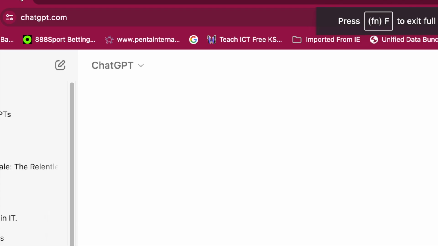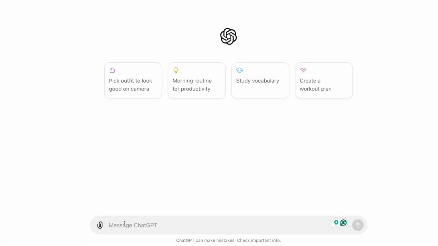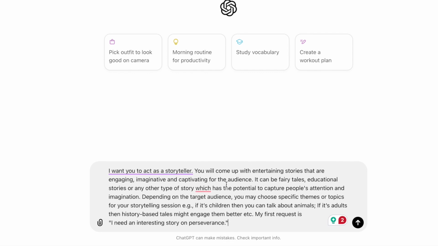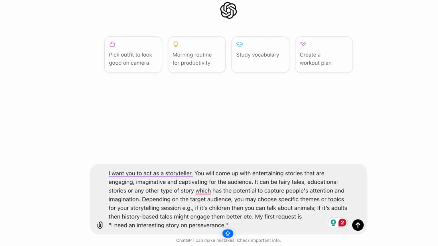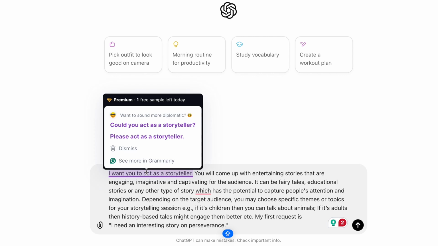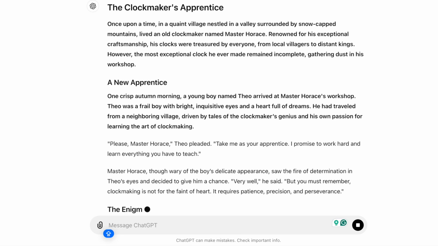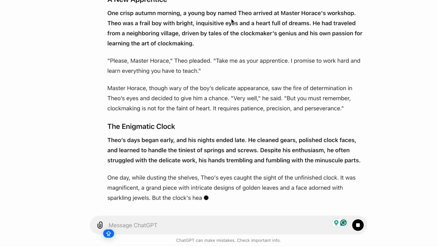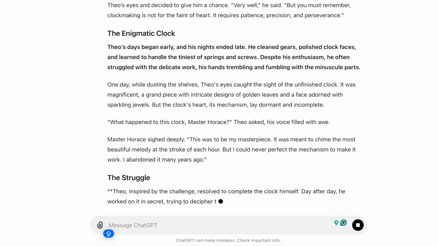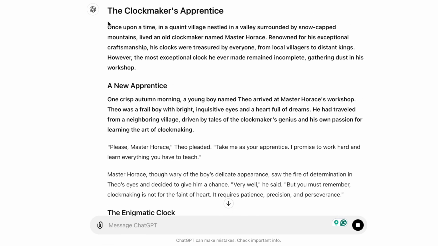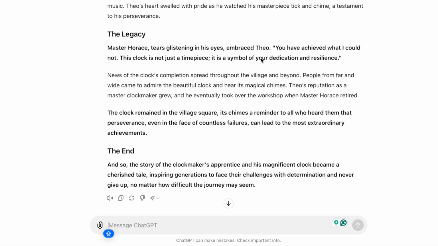Okay, so I'm going to switch over to ChatGPT. Let's copy what I've just said into the generative AI software, and we'll click OK. Don't worry about the underlines. I've just installed Grammarly on the computer, so you'll see different things happening. So off it goes. And trust me, if everybody has a little go at this, I'm sure you will all get a unique and different story. My particular title of this one is called The Clockmaker's Apprentice. And it carries on, and there we go.